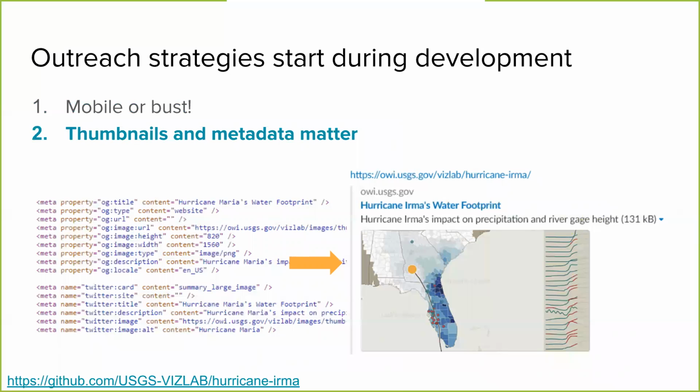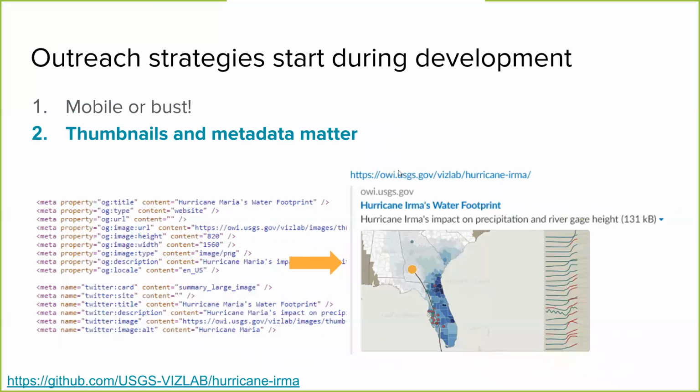We've also learned about the importance of thumbnails and metadata embedded in our website. So it's pretty simple to do this. You just add a bunch of tags to your HTML at the top of your HTML page. And what this means is that if someone goes and copies the URL from our website and pastes it into some social media forum like Twitter, or here's a Slack one,